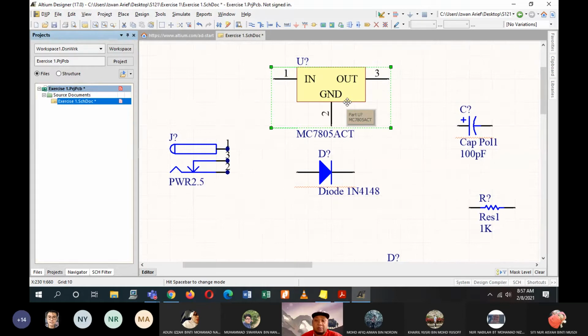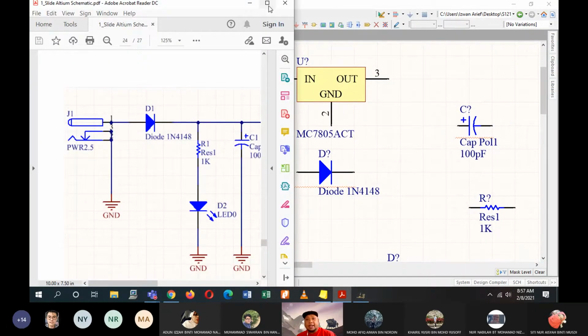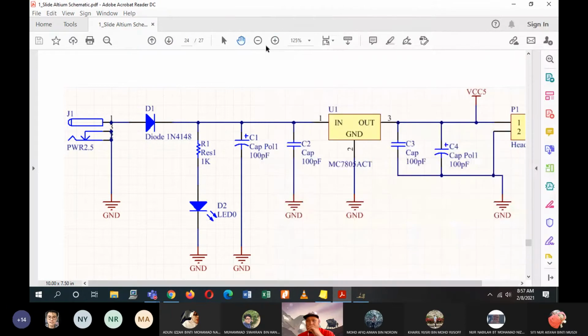Of course, we want them to be small, so it is easier for you to locate them wherever you want. If you want to put it into your box, into your project, it will not consume space. So this method of rotating and mirroring the components is very important to make sure your circuit is as simple as it can be. You can flip them and rotate them. Alright. Okay, now take your time.